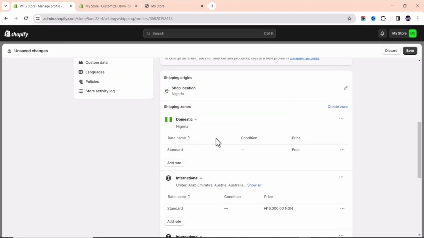So for this domestic, which is Nigeria, so for the people I'll be shipping to in Nigeria, I can choose to make it free, but most times I prefer that you make shipping rates free for your domestic zone. And what you can do is that you can just add the shipping fee to your product price, but it depends on how you want it. You can add rates. Let's say for this domestic, maybe I want to add a rate. Let me just edit this rate,